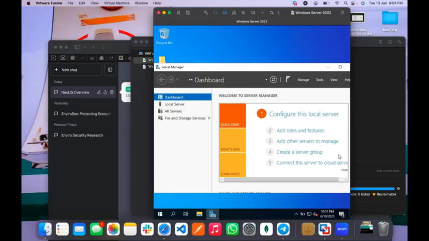All right, so here we'll be setting up a Windows server, and then